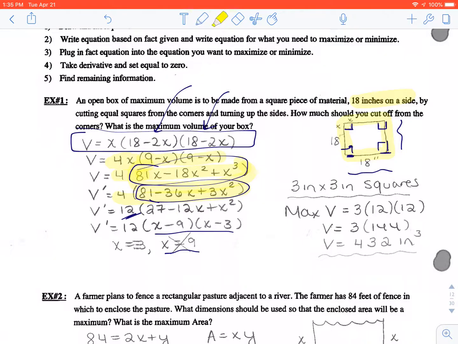X equal 9 does not make any sense. If that square length were 9 here and 9 here, it would be 18, which is the entire length of this side, which wouldn't make sense. So we'll keep the 3. So 3 inch by 3 inch squares are what should be cut off. And then the maximum volume, if I put that x of 3 back in, I can find out it's 430